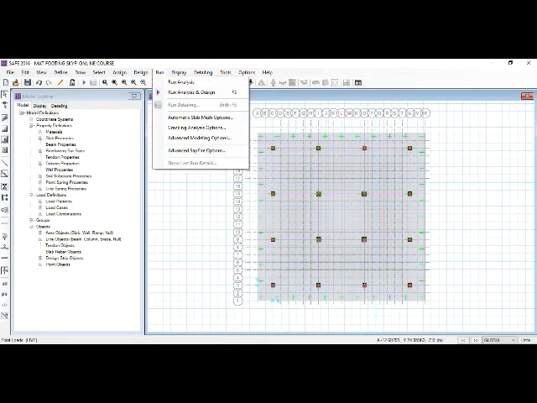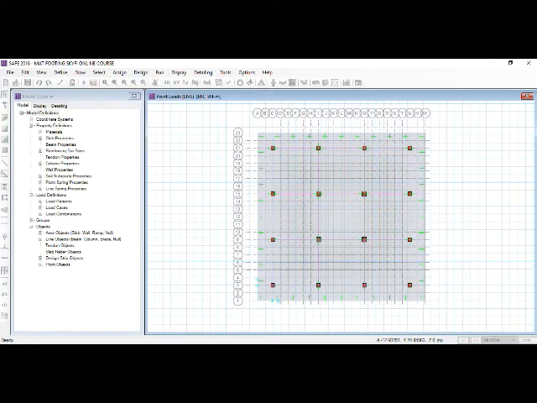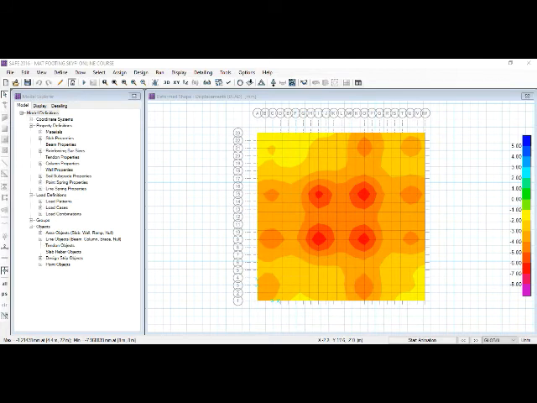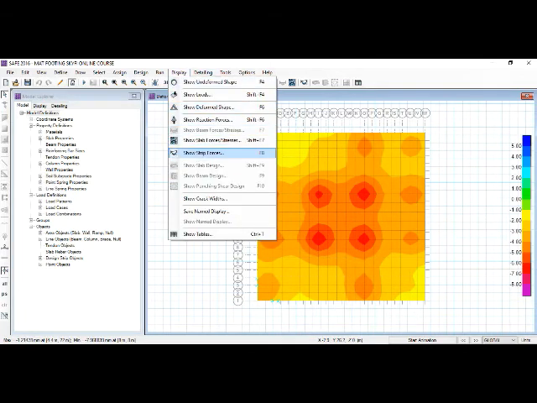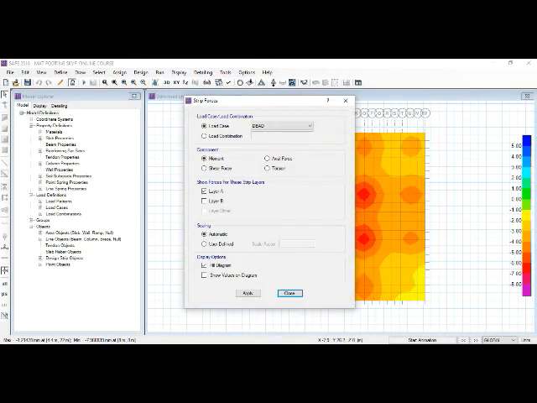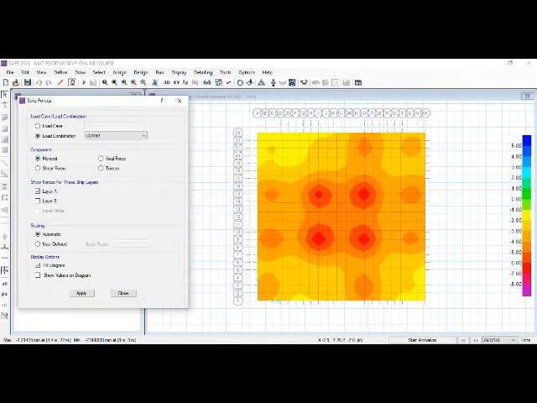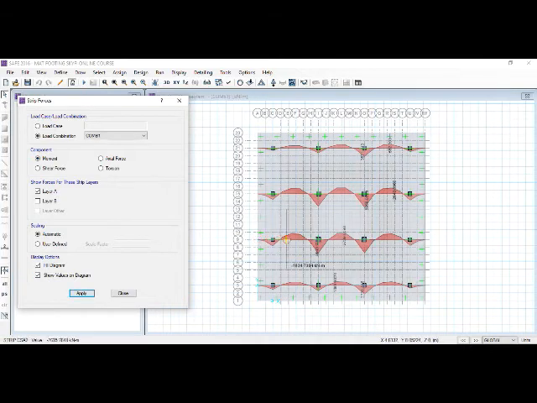Then you go to run analysis and run the analysis of mat foundation for the dead and live load. Once the analysis is complete, we can go to display and check the deformation values for different points and the color coding will help you to check the values which are in the order of 10 to the power minus 3. Then you can go to strip design forces where you can see the moment and shear in the x and y directions in the column strips of the particular footing.